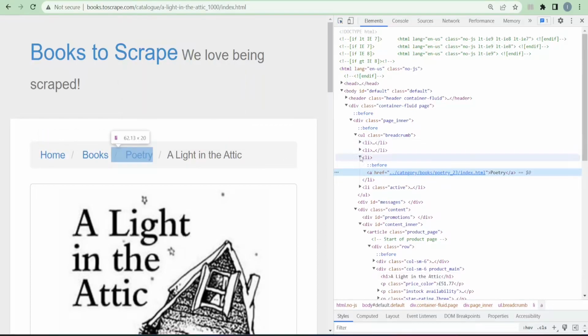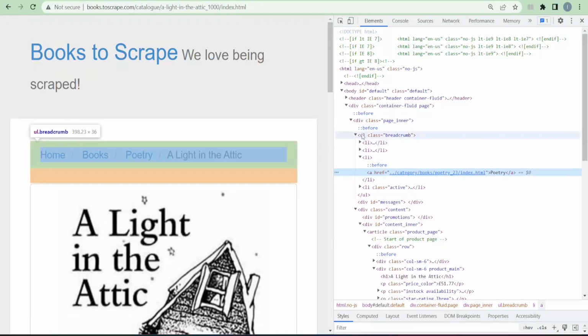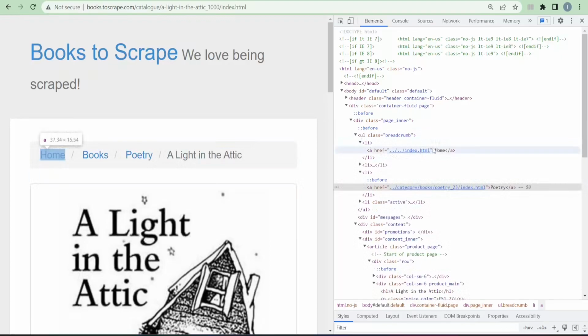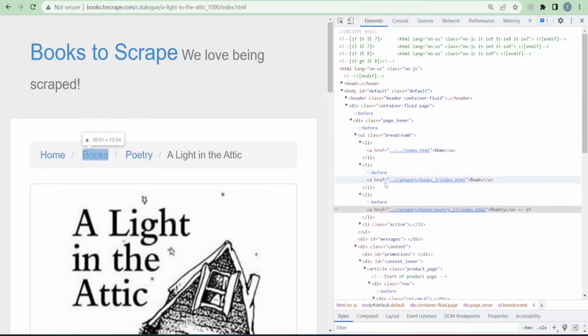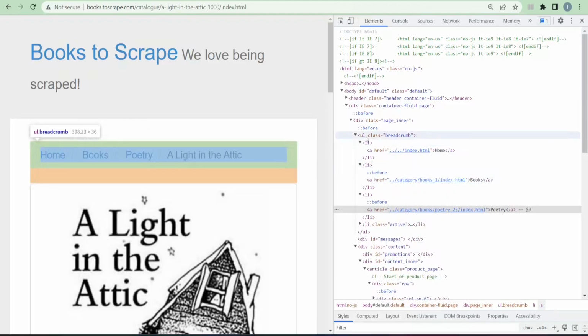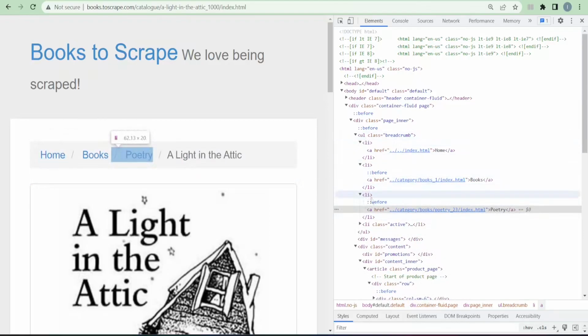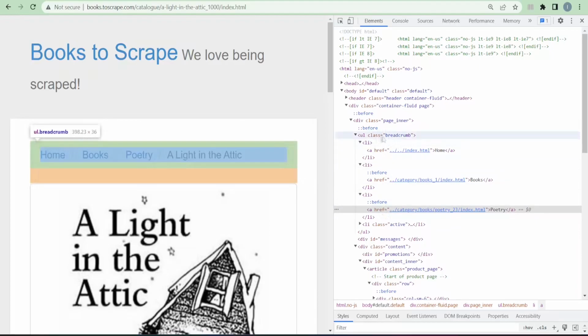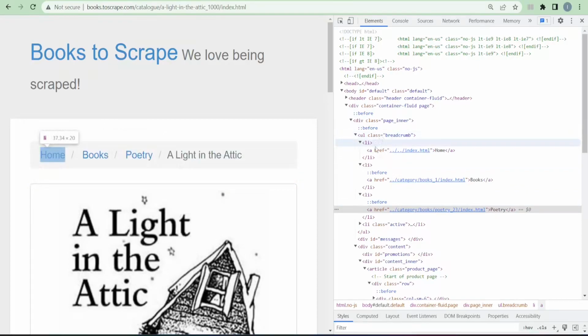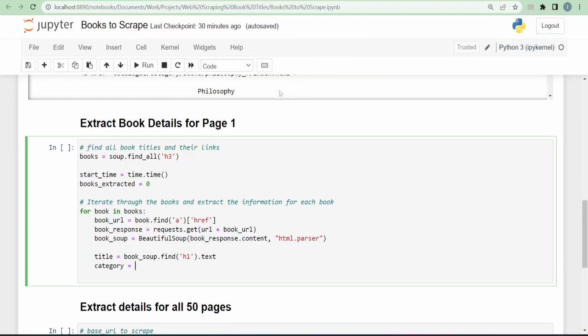It is within a list, and this list is within an unordered list. When you expand this first list tag, it is for the home. The second list tag is for the book. So you can say that the link for this category is inside this unordered list tag, in the class of breadcrumbs. This is what you're going to use, and then you're going to use indexing to find this list tag. Indexing in Python starts from 0. So for home, it will be index 0, and then books will be index 1, and then poetry will be index 2. So when you go back here to our code, we will write